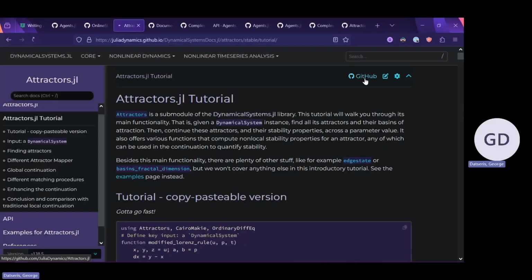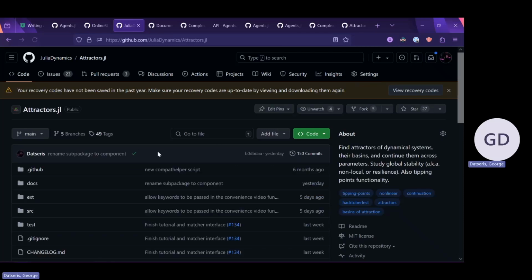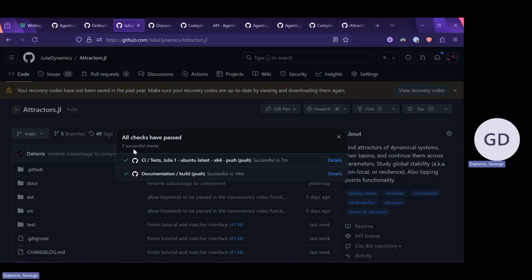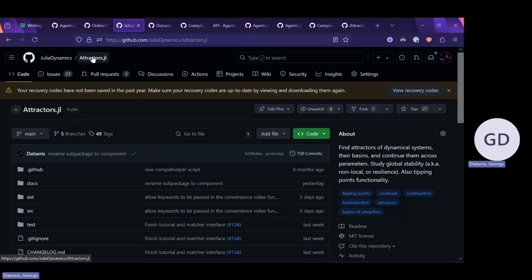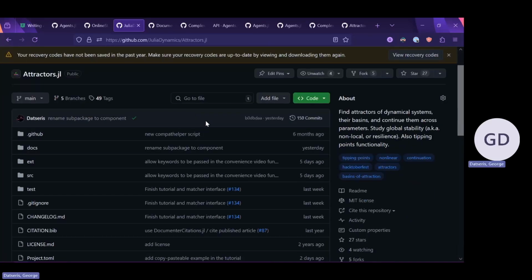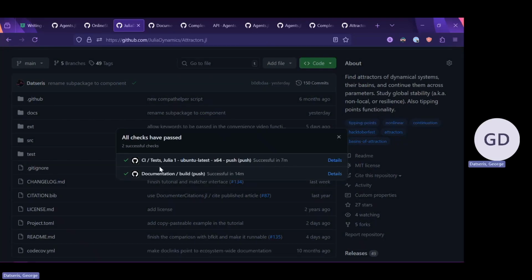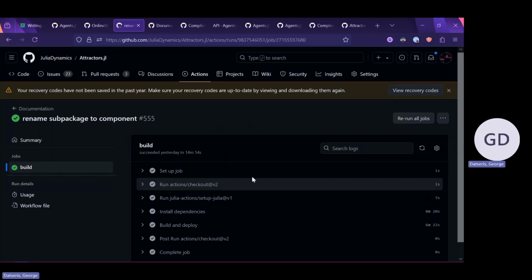assuming that you are familiar with the concept of continuous integration. If not, it is a way for GitHub to run some computation for you for free just because you have a GitHub account. One of the computations that GitHub does for you is this documentation building. So I will show you in a moment how to enable this, but this is how it would look like. So I'm here in the attractors GitHub page. And you see here, if I click this, there are some things that GitHub has done for me for free. And one of these things is the documentation.